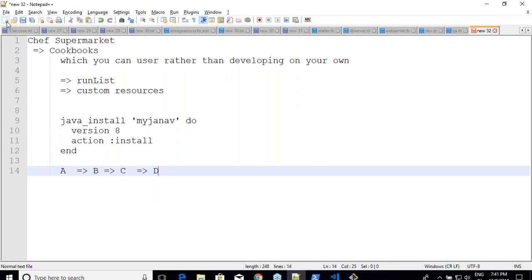The problem with this approach is you are not really looking into what B is relying on. You want B, so you say that I want B itself. But B to work might require C, and C to work might require D, and D to work might require E. So what I'm trying to tell is whenever you want to run A, you need B, C, D, E, or all of the dependencies which B is dependent on. So you have to download all of these dependencies. And previously people used to do this manually.